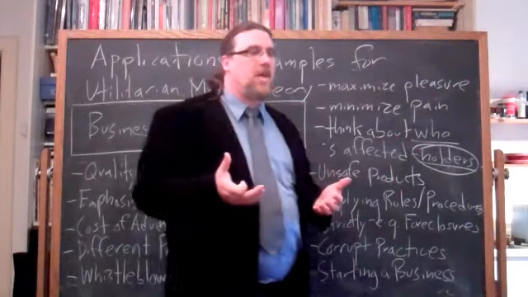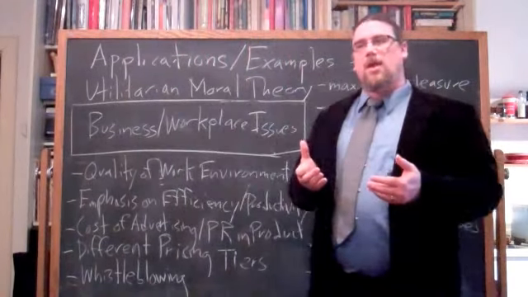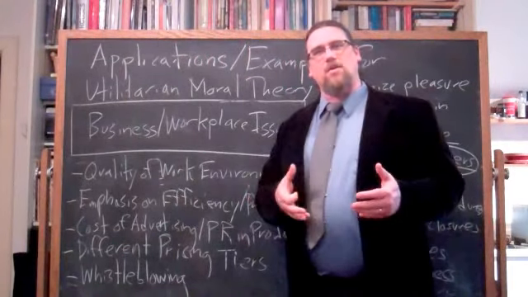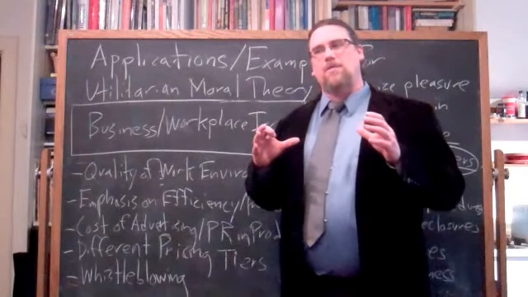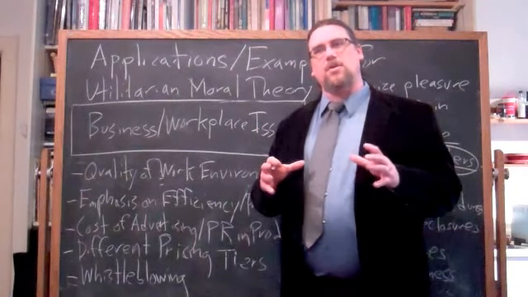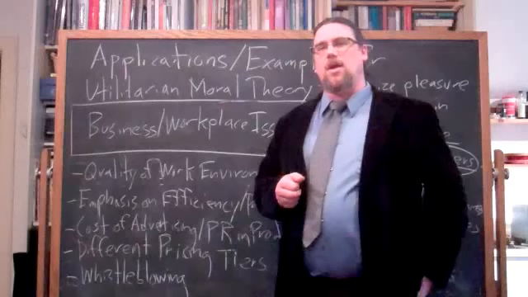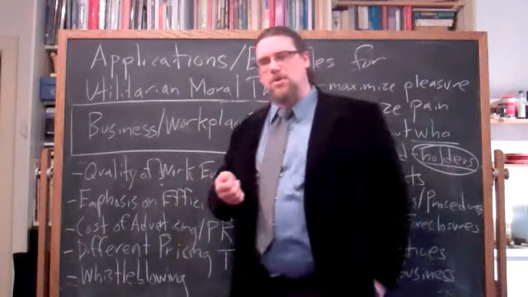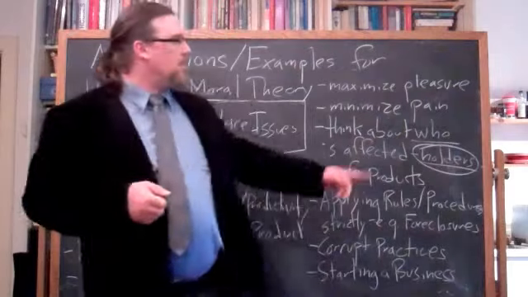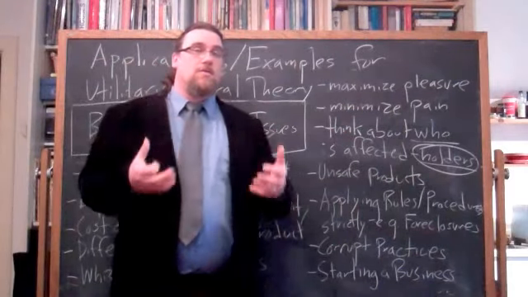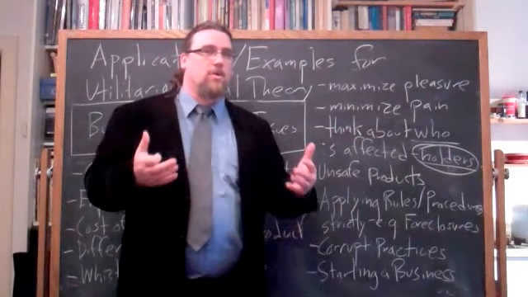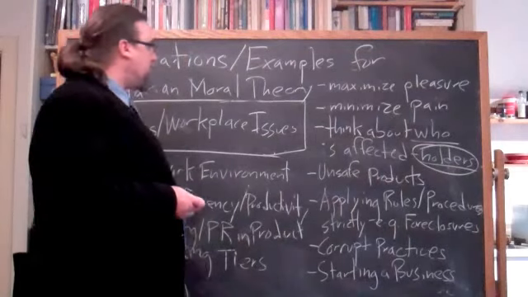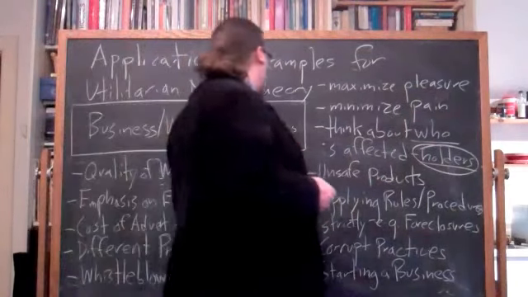Now, if it's potentially affected by it, of course, as opposed to definitely or certainly affected by it, if you're doing a utilitarian calculation, you have to weigh in that probability as lowering the amount of concern. So if there's a 1% chance that somebody's going to be affected negatively or positively, you factor in that 1% when you're doing the calculations. So let's look at some of these issues.